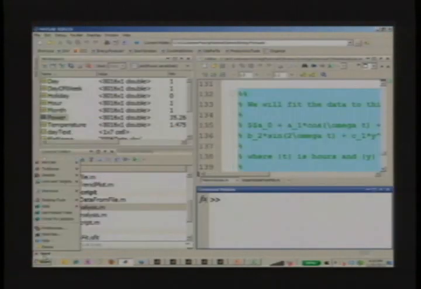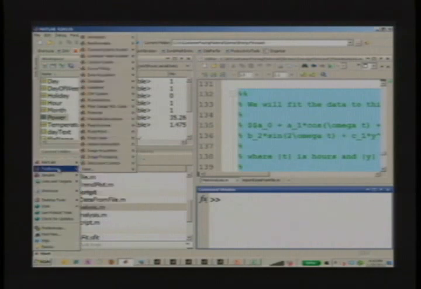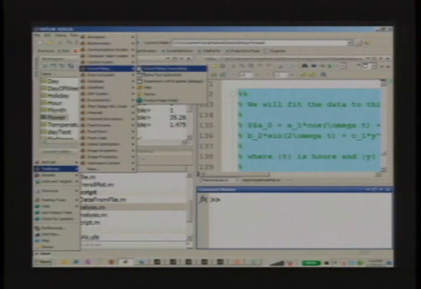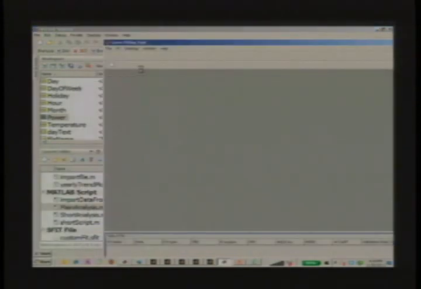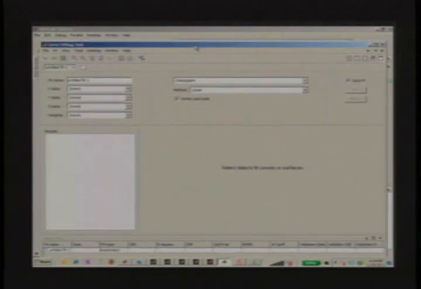So as I was saying, we have to fit a curve to it. So I'm going to use the curve fitting toolbox. To do it interactively, I'll use the curve fitting tool. This can be automated, and I'll show you how. Almost every toolbox that we make has an interactive tool like this, which allows you to do things interactively in the beginning, and then has ways of automating it. Like for example, in this one, the curve fitting tool,